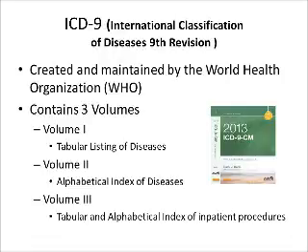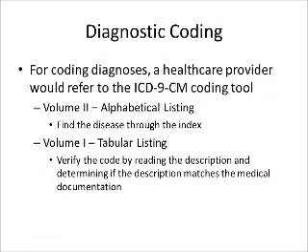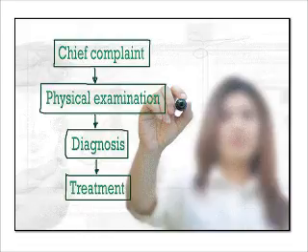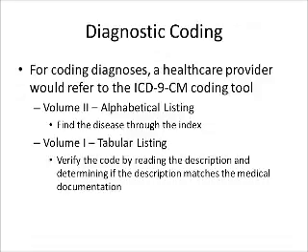Let's talk a little bit about the ICD9. ICD9 has 3 volumes. The first 2 volumes are used for diagnostic coding. Diagnostic coding is coding for the diagnosis or the injuries that the physician assigns to that patient encounter. For coding diagnoses, a healthcare provider would refer to the ICD9 CM coding tool. The first volume they would refer to is Volume 2 because it's an alphabetical listing, which is the only way the coder would be able to find the particular